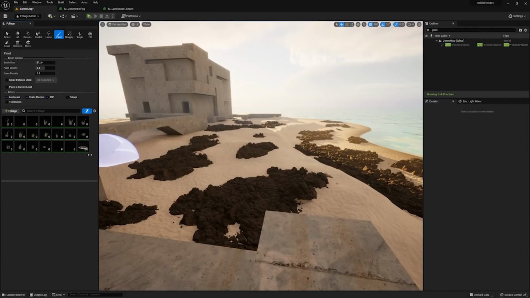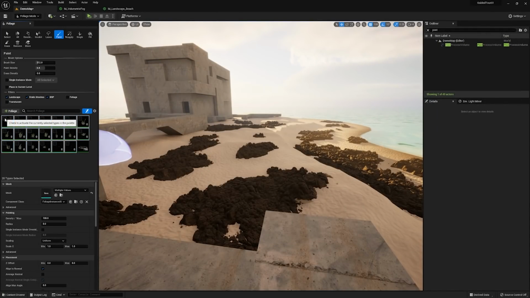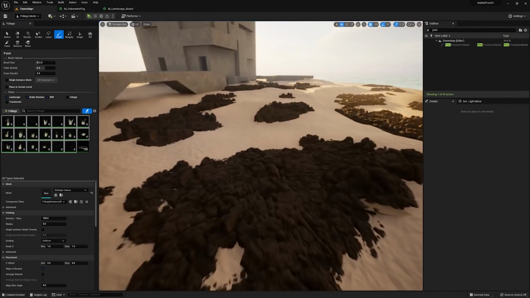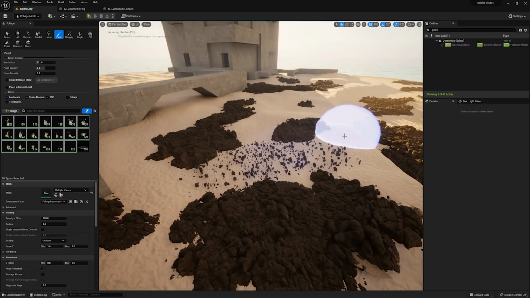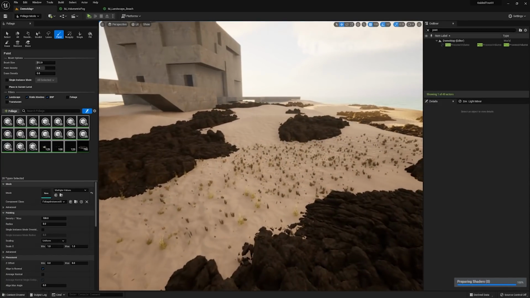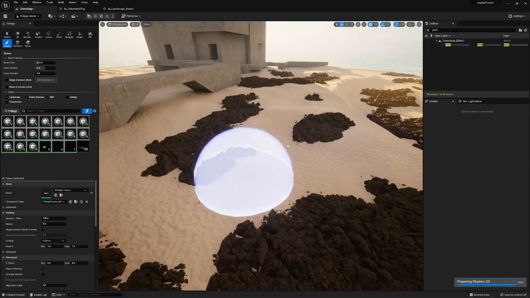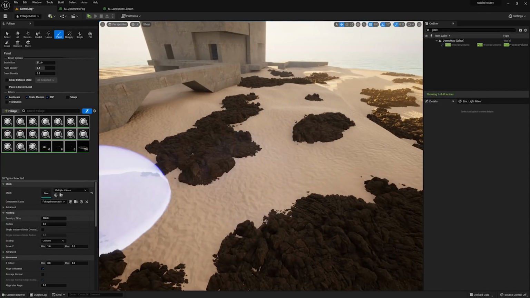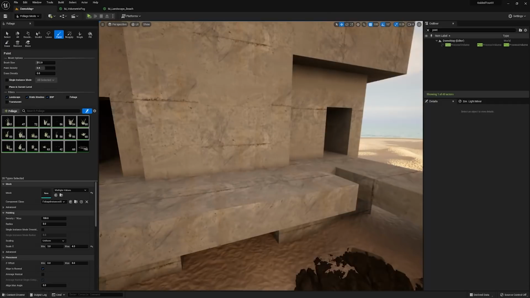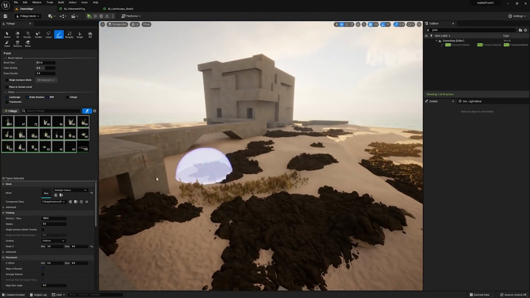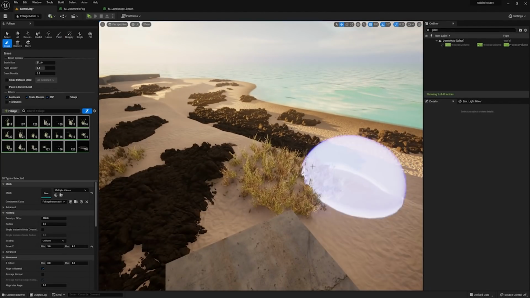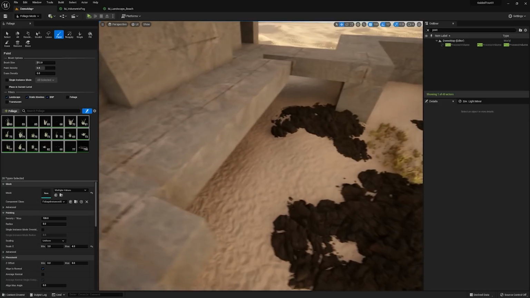In addition to the Thai rock, I'm also going to paint in a little bit more foliage, which will be some thatching grass, which is from Quixel as well. I'm going to make sure I scale this up so that it doesn't look as nasty as that first one did. I think that was intended to be a little bit denser. But just getting in some thatching grass will really break this scene up quite nicely. And I think this is going to work okay once I'm done.